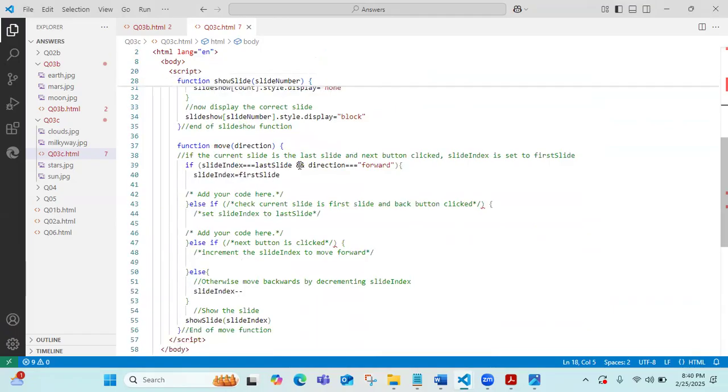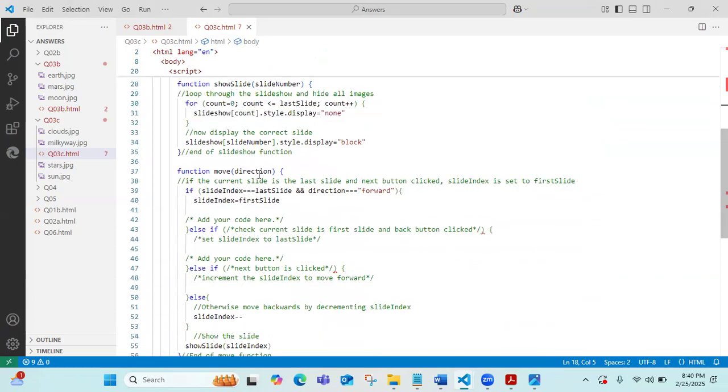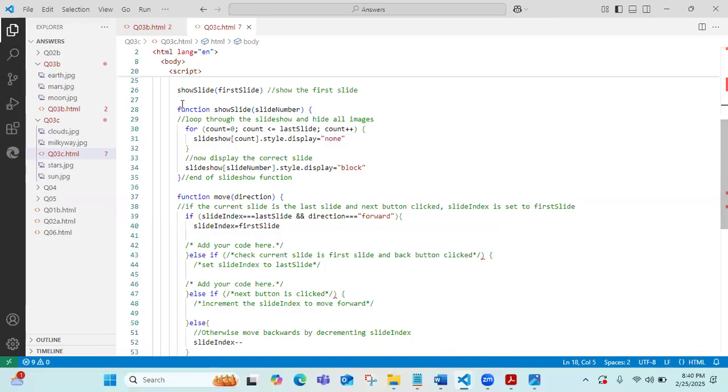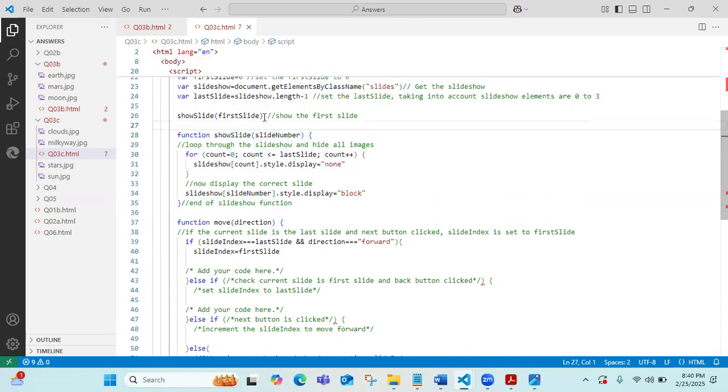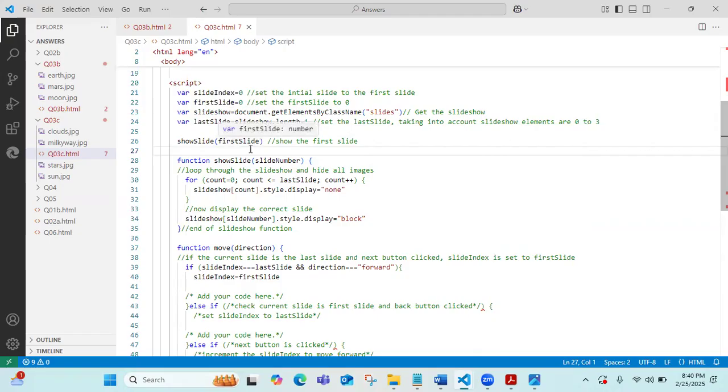Now you see, in this place, what happened? Can you tell me what happened in this place? You understand? Here, for example, we are calling show slide first slide. That means show the first slide. So initially show the first slide. If it is the first slide, how much is it? First slide is 0. Show slide 0. Then 0 means here